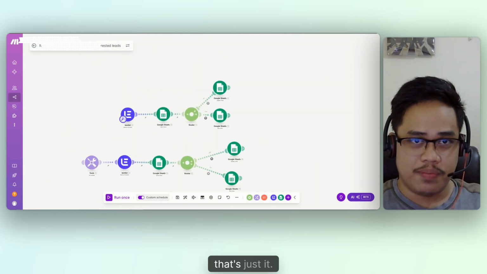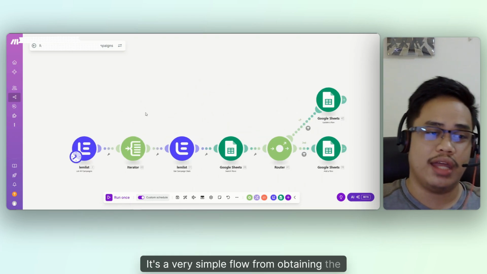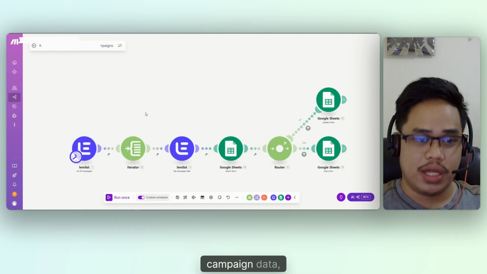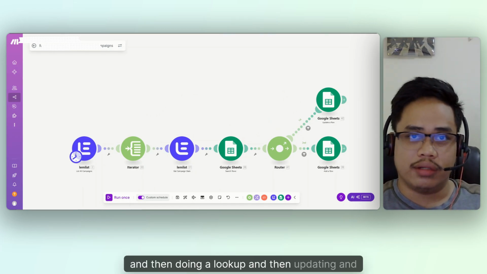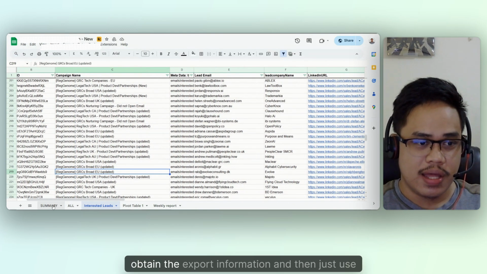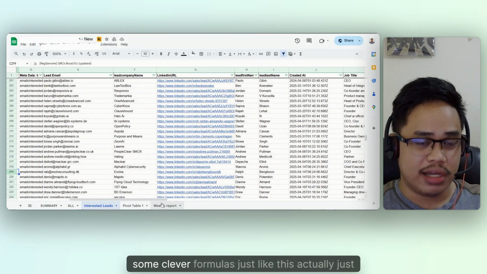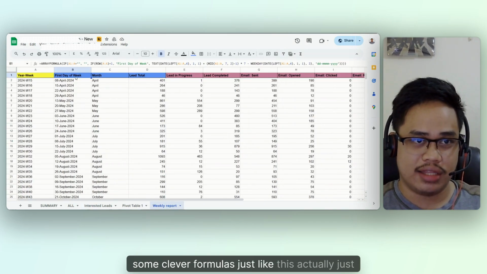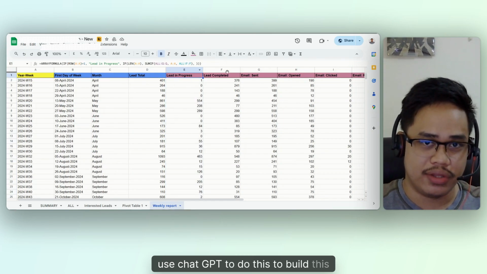And yeah, that's just it. It's a very simple flow from obtaining the campaign data, and then doing a lookup and then updating and adding rows in the spreadsheet, so we can now obtain the exported information, and then just use some clever formulas just like this. Actually, I just used ChatGPT to build these